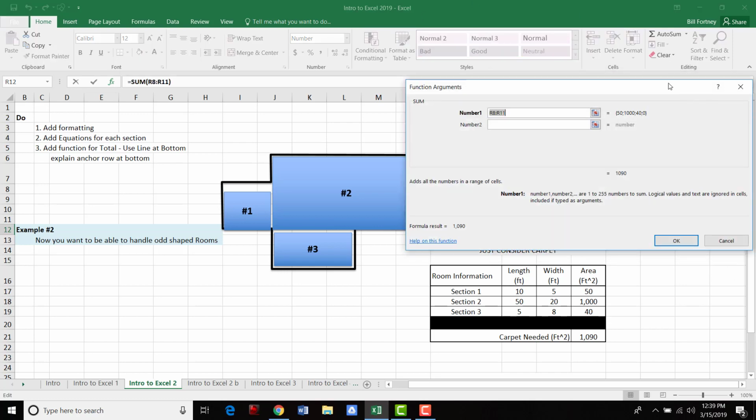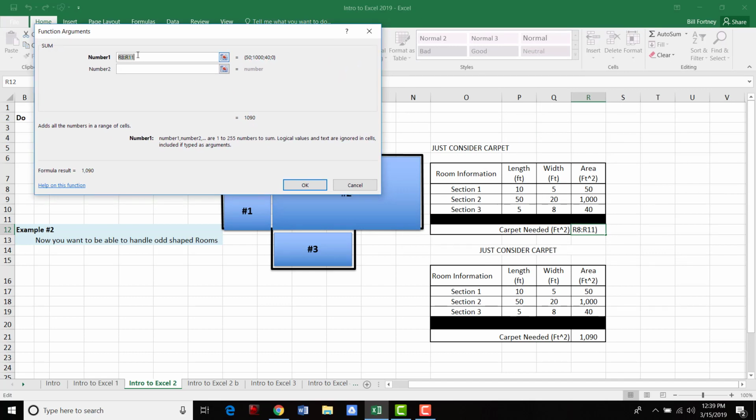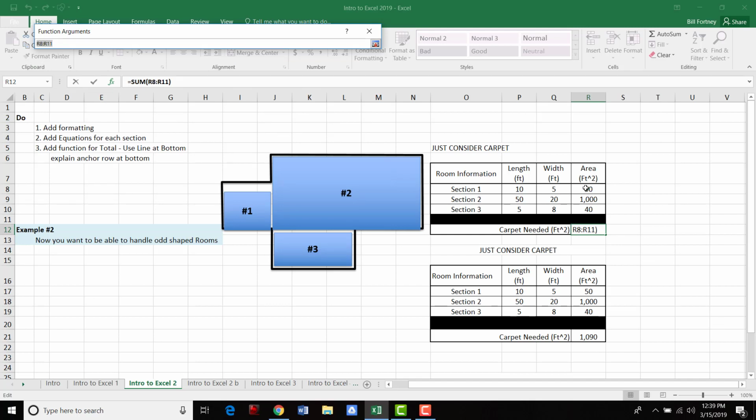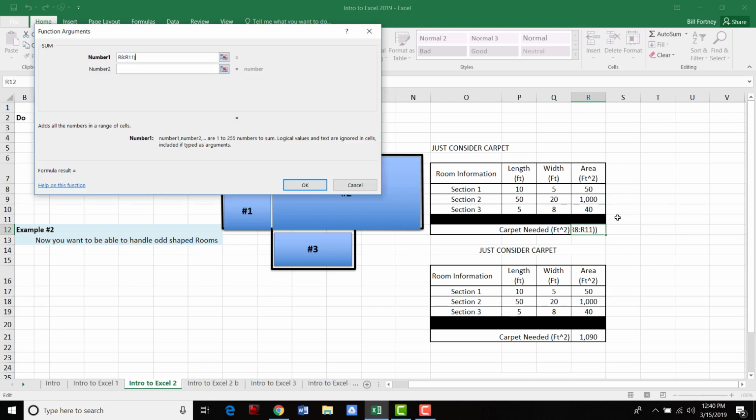When you do, all the functions take you into a screen that is showing you what it needs. So this needs the number that you want to add up. So what you can do is click right here and go to your spreadsheet and highlight what you want to sum. Now, I'm going to go all the way to that black line. I'm going to show you later why I'm doing that. I call this an anchor row. That's the bottom of my range. So I'm going to click enter and,